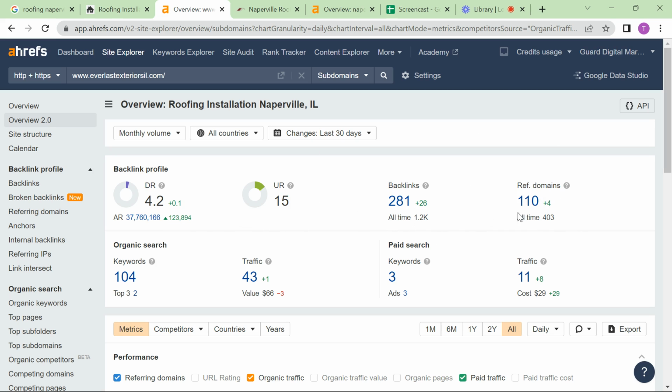So you want to keep making sure you build out high-quality backlinks from authoritative referring domains just to really build up that credibility with your website through Google. Now, it looks like you're indexing for about 100 keywords within your website, so not overall bad there. And then you are driving in just over 40 traffic per month,